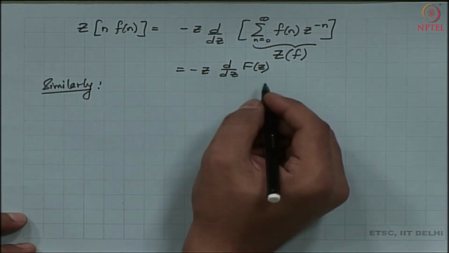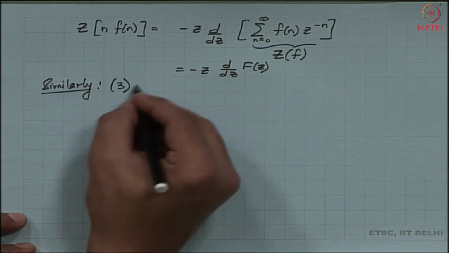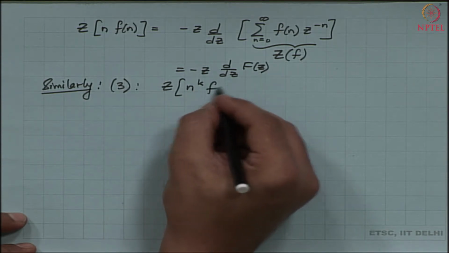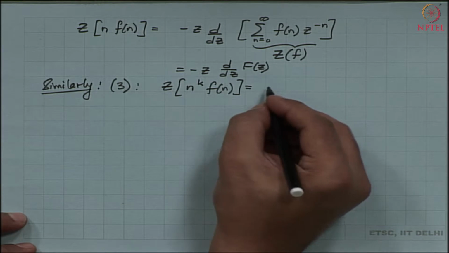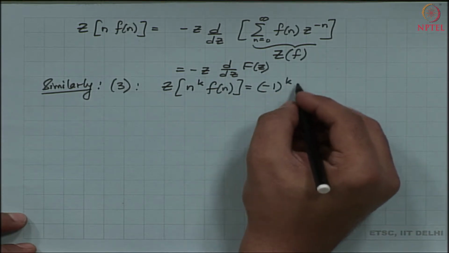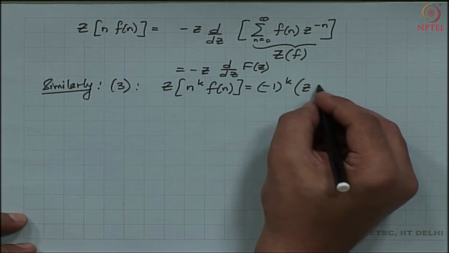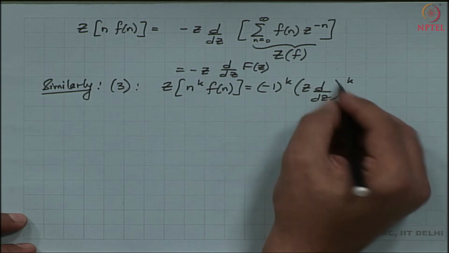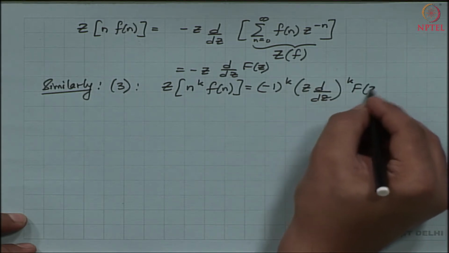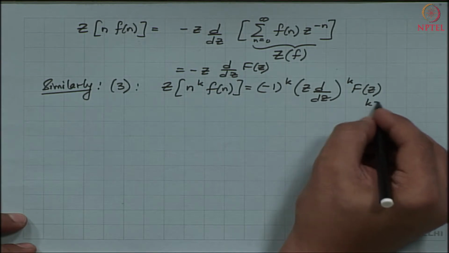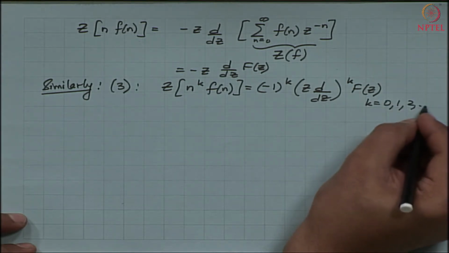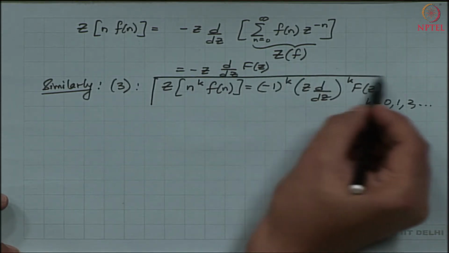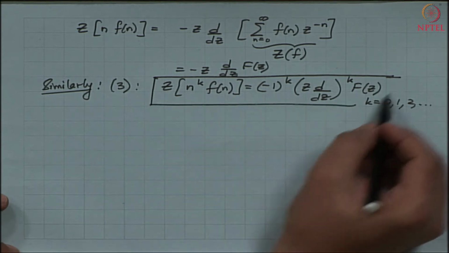Okay. So, then let us now generalize this result. So, I am going to generalize my result 3, namely that the Z transform of n to the power k times f n is negative 1 to the power k times the kth power of this operator z times d d z. So, this operator operating k times on my z transform f of z. So, my k's are positive integers, and so I am going to use this general form when the need arises.